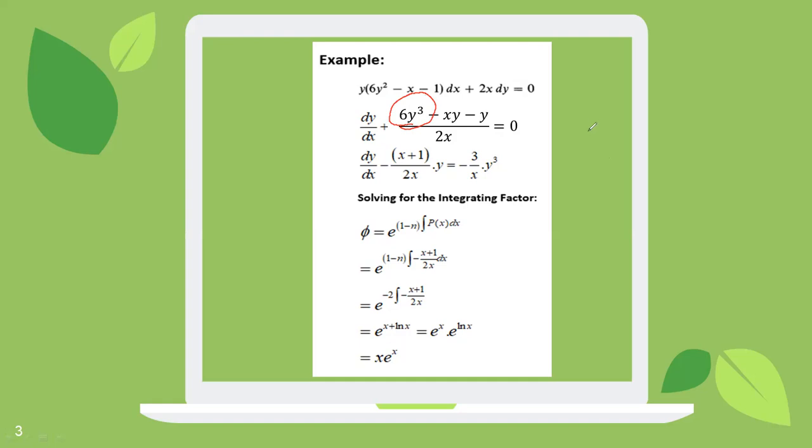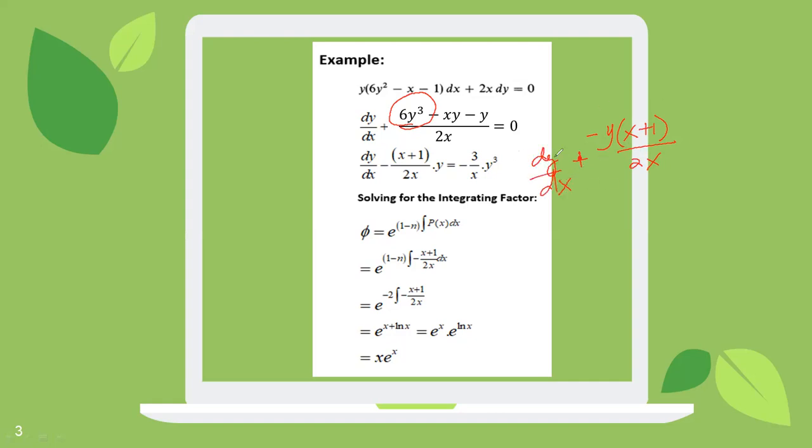Then I will have a negative. If I factor out the y, it should be multiplied to x for this one. And since this one is negative, I should have plus 1. Notice that if I expand this one, negative yx minus y, it's still the same as this. And you will divide this by 2x. And I will have this one, let's say plus your dy